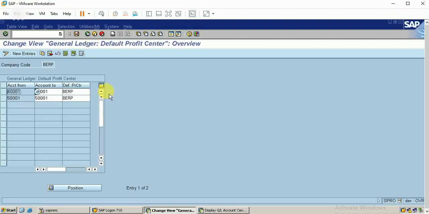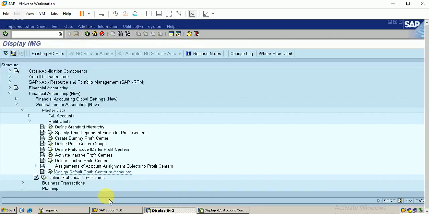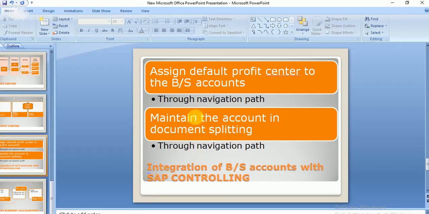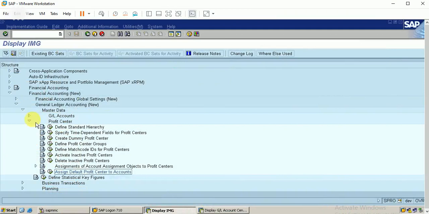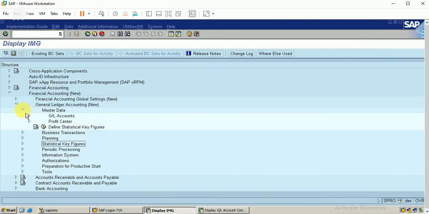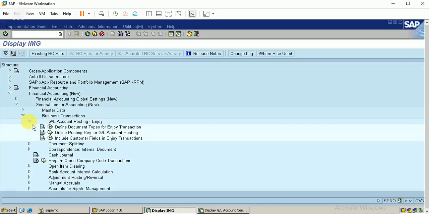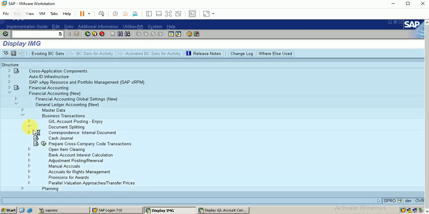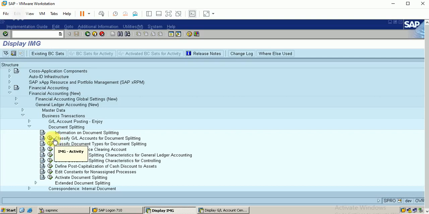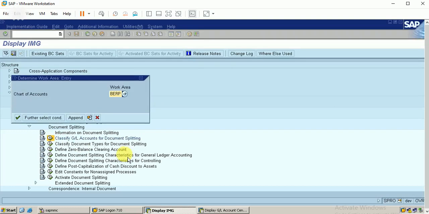Coming back. Similarly, I have configured document splitting in my previous video itself, so I just show it here. Click on business transaction, not a document splitting, and classify GL accounts for document splitting.